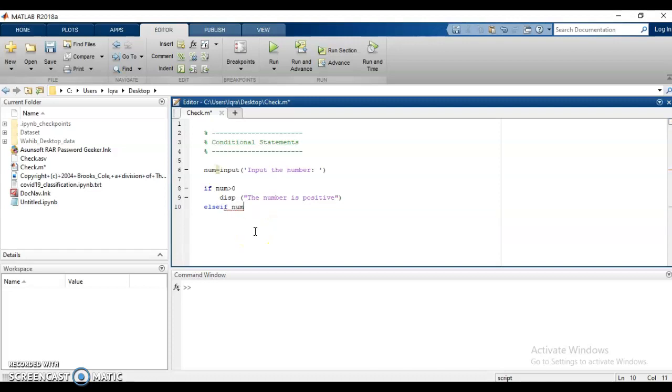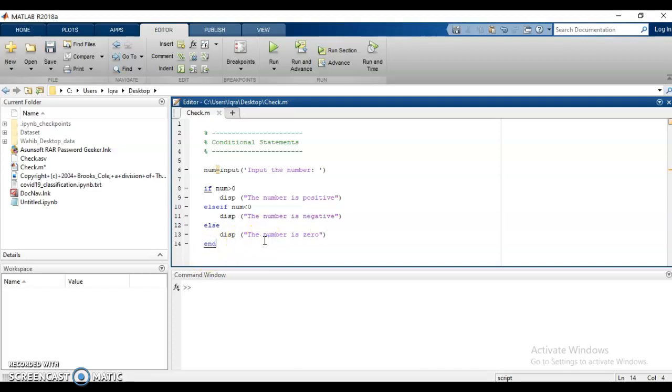Else if the num is less than 0, then we are going to display that the number is negative. And the last case, which is the else condition, we are simply going to display that the number is 0. And there is always an associated end with the if as well.